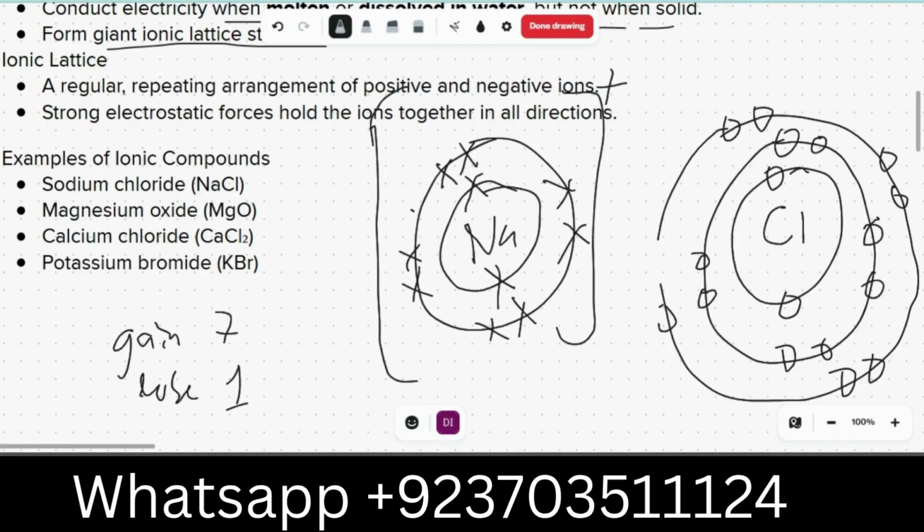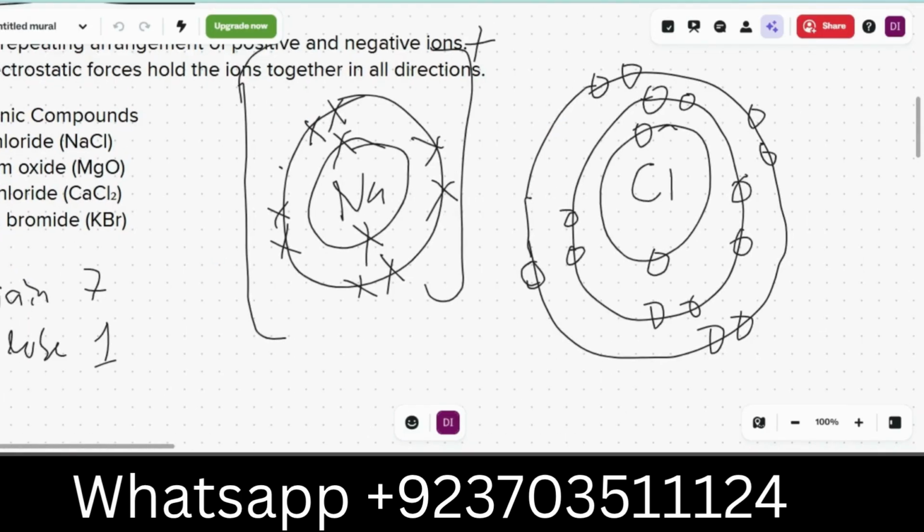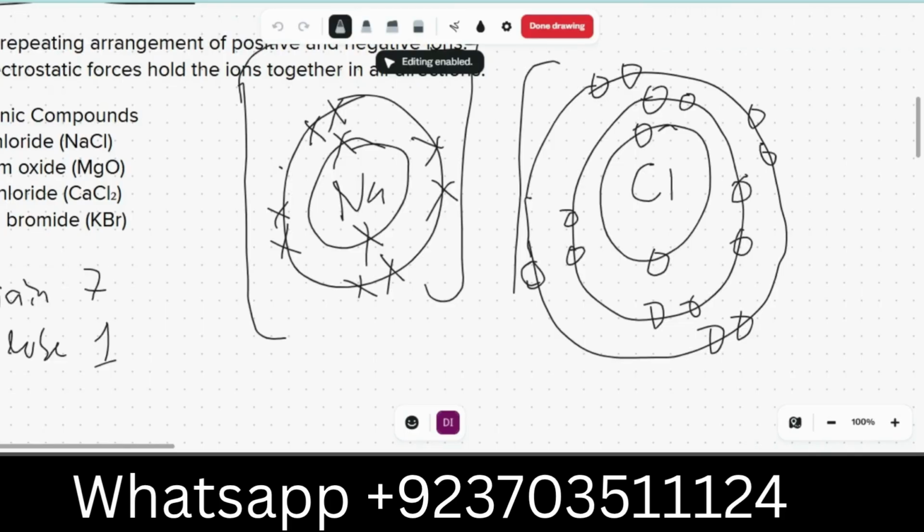Chlorine also has two options: it can lose 7 electrons or gain 1 electron. It is reacting with sodium. Sodium already has one valence electron, so sodium loses the electron, whereas chlorine will gain that one electron. I'm making it a cross. You can see all of the other electrons are in circles, whereas the one electron that it gained from sodium will have this cross sign. So it will gain a minus one charge.